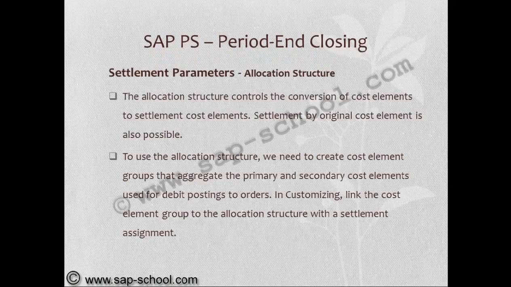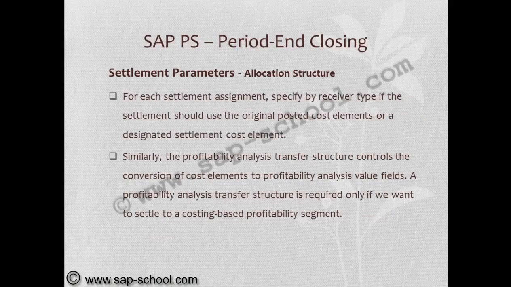Allocation structure. The allocation structure controls the conversion of cost elements to settlement cost elements. Settlement by original cost element is also possible. To use the allocation structure, we need to create cost element groups that aggregate the primary and secondary cost elements used for debit posting to orders. In customizing,